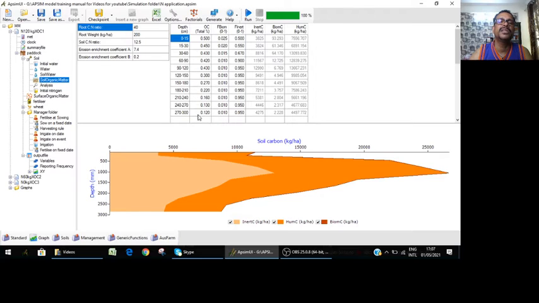Then see, it is 3 meter depth. It is a very deep base soil, but you can change it according to your soil type. And here I must tell you, if you really know about the inert material percentage, inert material in total organic carbon, then you can put it, say 50% here. And you know that the inert material increases with increase in depth, and you can put your own values for your soils if you know them from literature, or you have done some incubation experiment where you could find all